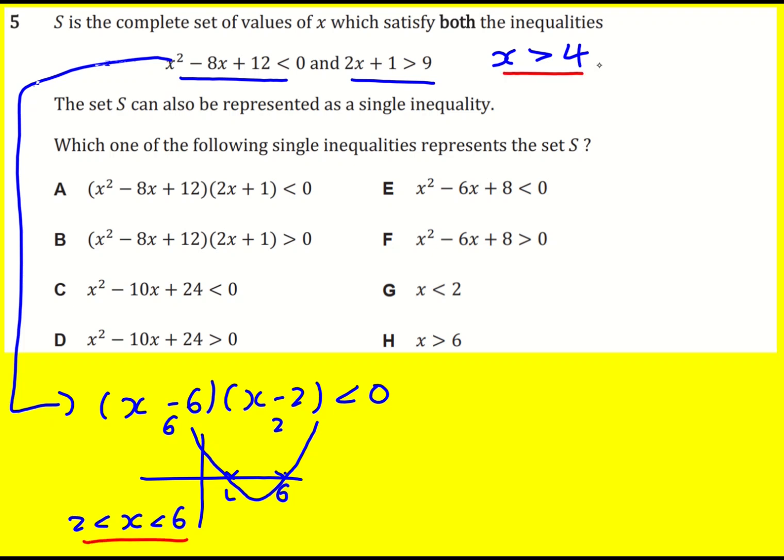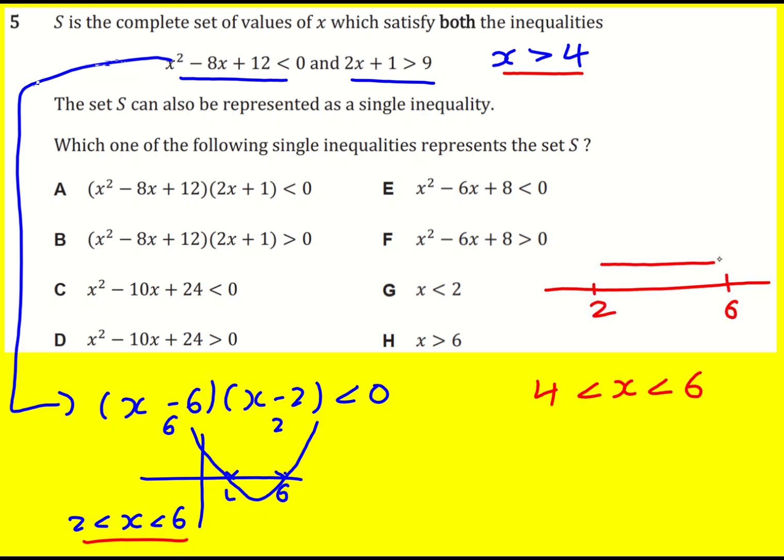which means if I bring these two together, they have to be true at the same time. Then we're going to get 4 less than x less than 6. x has to be greater than 4, and it's between 2 and 6. Hopefully that makes sense. You could also draw a number line if you preferred. I'll do that quickly. So 2 to 6,